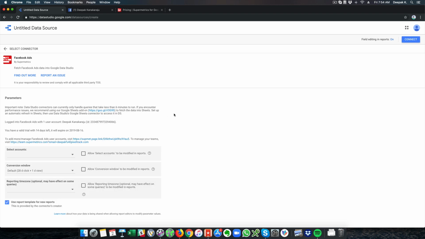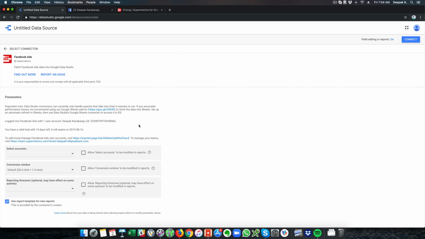So now Facebook is connected, and if you have an issue with the connection, just try it again. Sometimes it throws up an error, and then it will start working again. So here you can go ahead and select the ad account. Here the ad account is Deepak Kanakraju. Conversion window, leave it open.